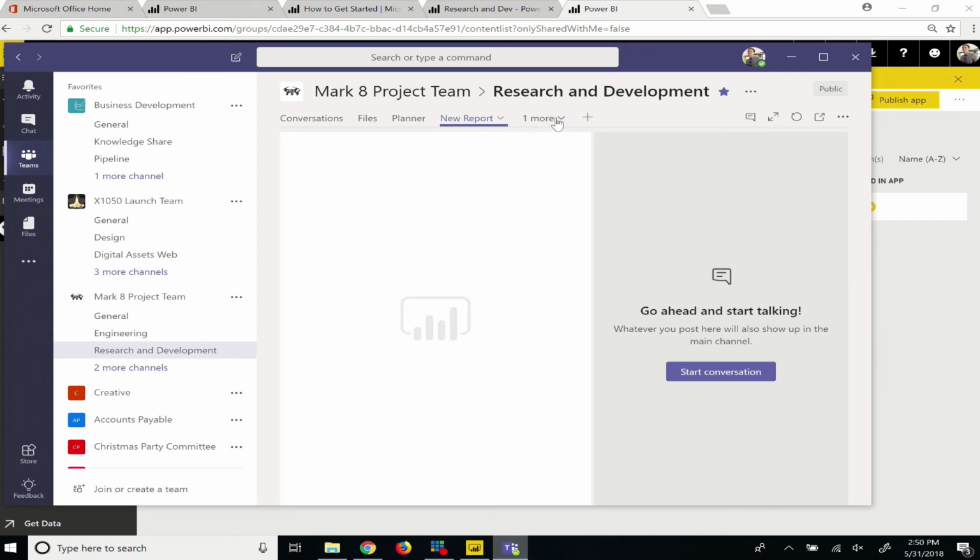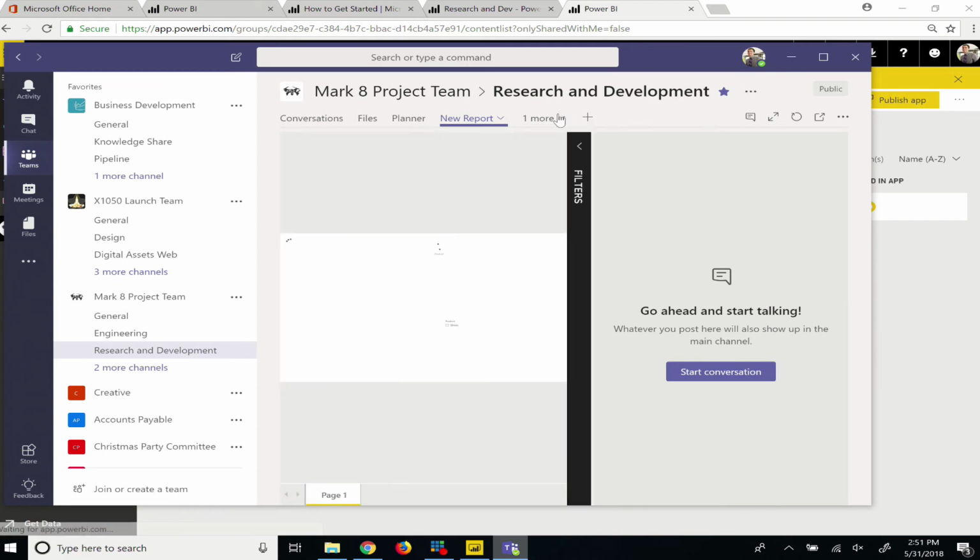And you'll notice that depending on how many tabs you have at the top, there's going to be this More button with a number next to it for all of your extra tabs. But the tabs that you use the most often should be visible here, and you can move them around in this list to organize that a little bit better. So we got our new report,